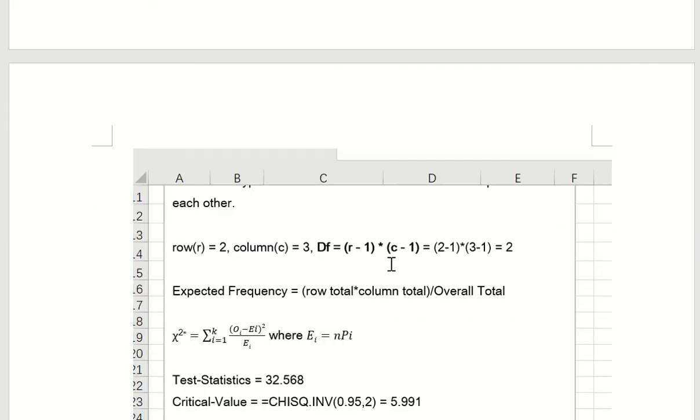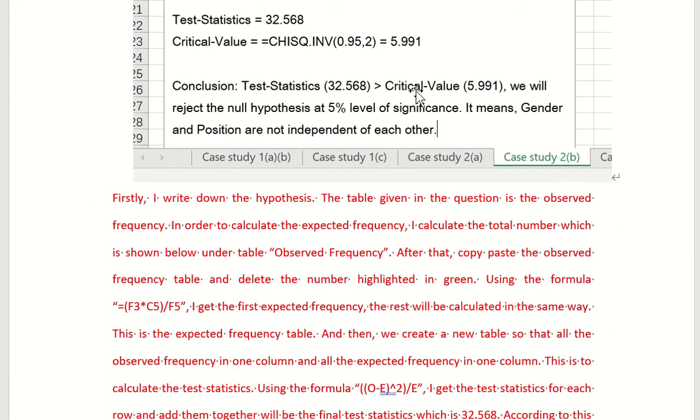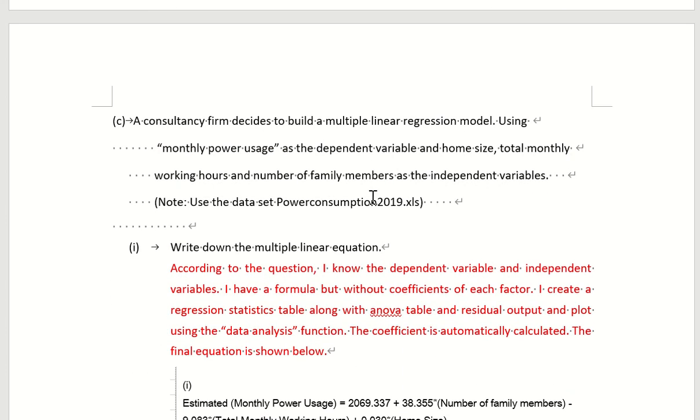So now comes the conclusion. The test statistic is bigger than the critical value, so the null hypothesis will be rejected, and gender and position are not independent of each other. So now we come to question C,